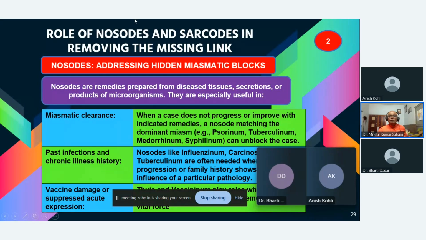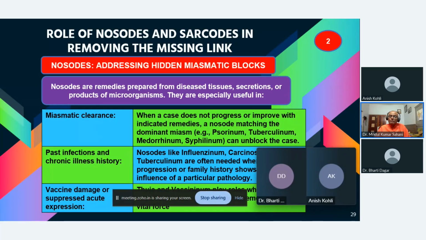Then the role of nosodes and sarcodes. Nosodes address the hidden miasmatic plot. Nosodes are remedies prepared from the diseased tissue, secretions, or products of the microorganism. They are especially used in miasmatic clearance, past infections and chronic disease, and vaccine damage or the suppressors of the message. So in cases where the progress is not so good and the indicated remedy is not working,